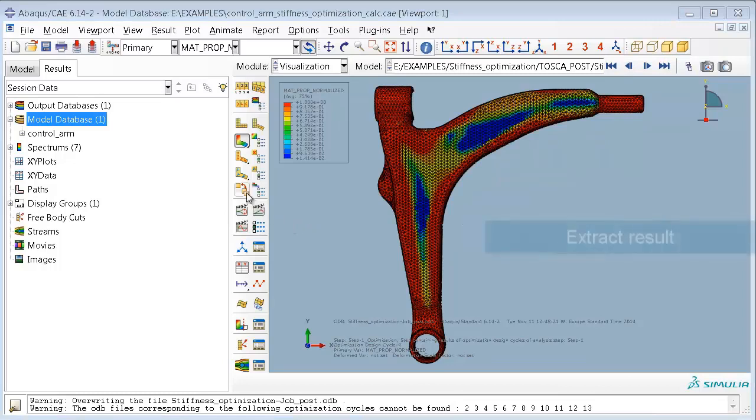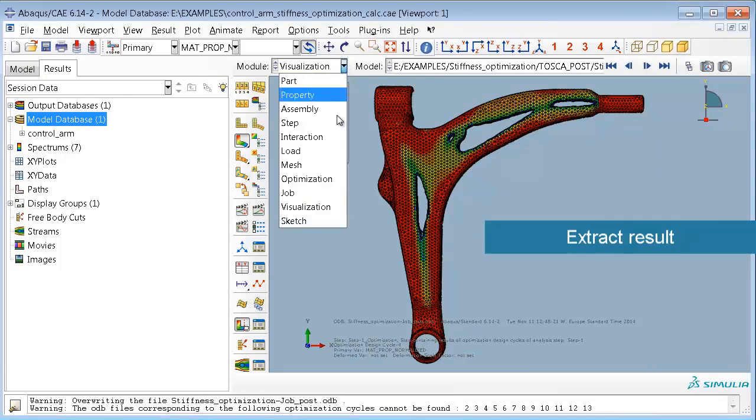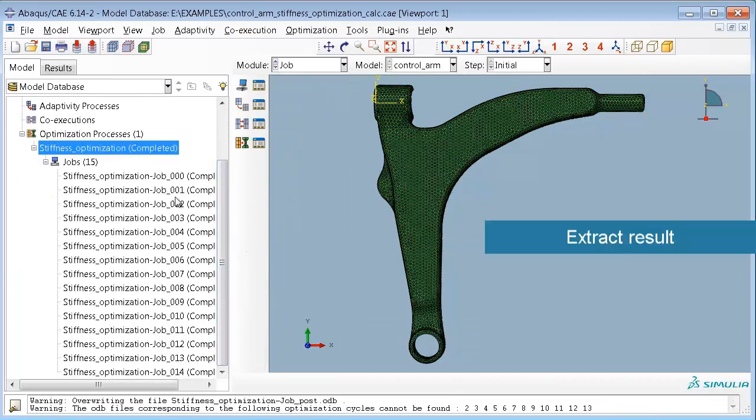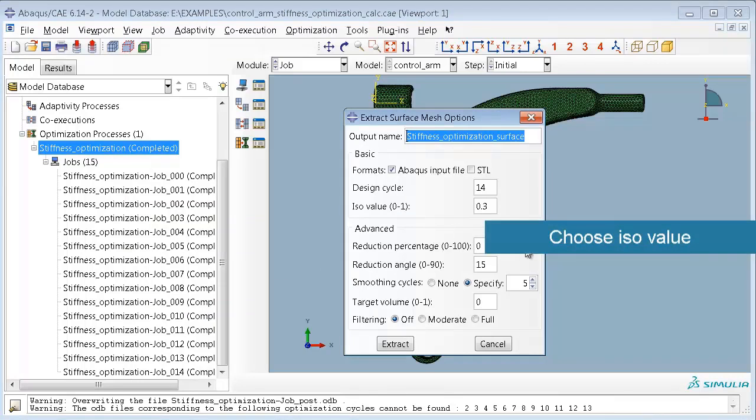And finally, you can also extract this result to an Abaqus input deck, for example. This is done using the extraction procedure here. You choose an